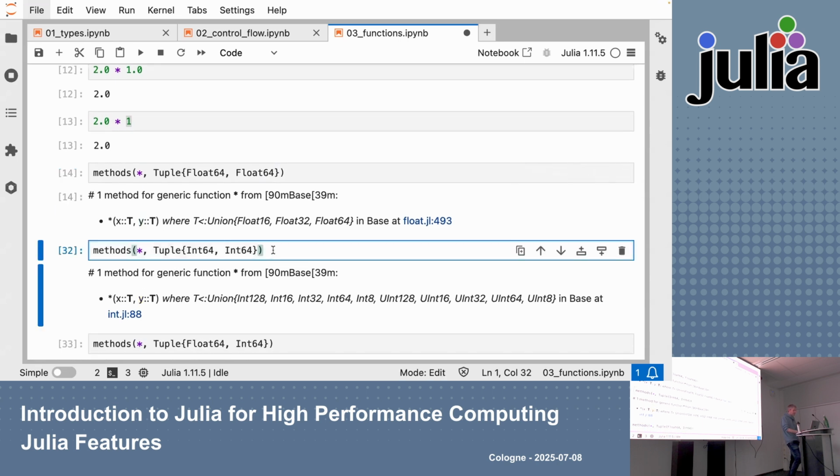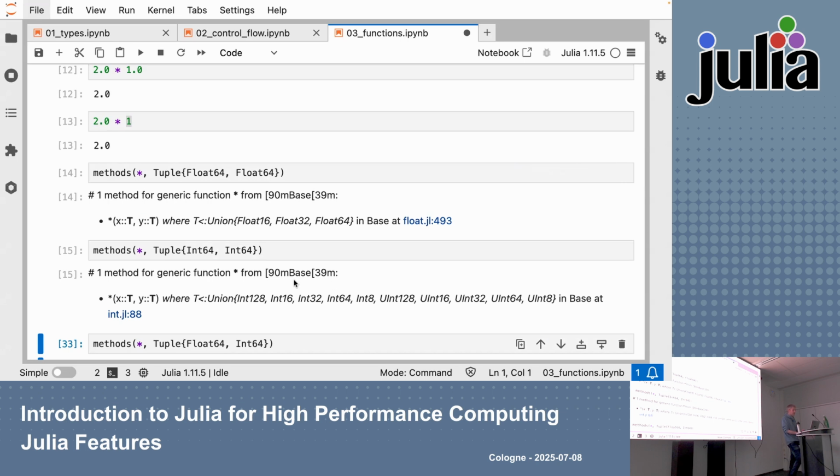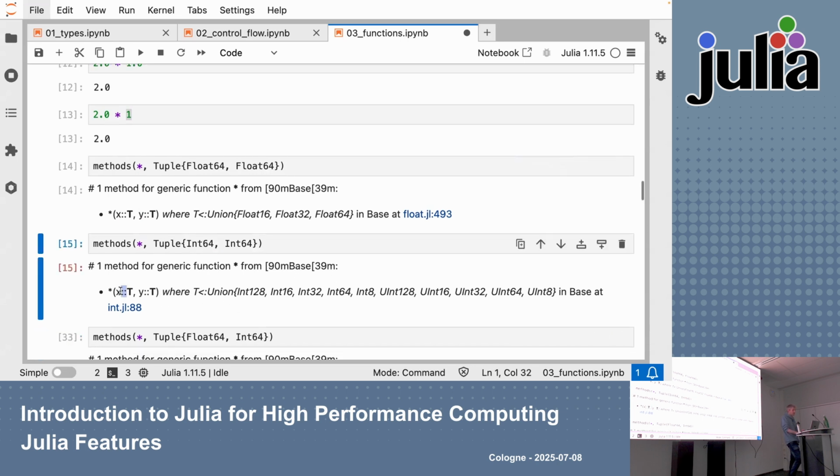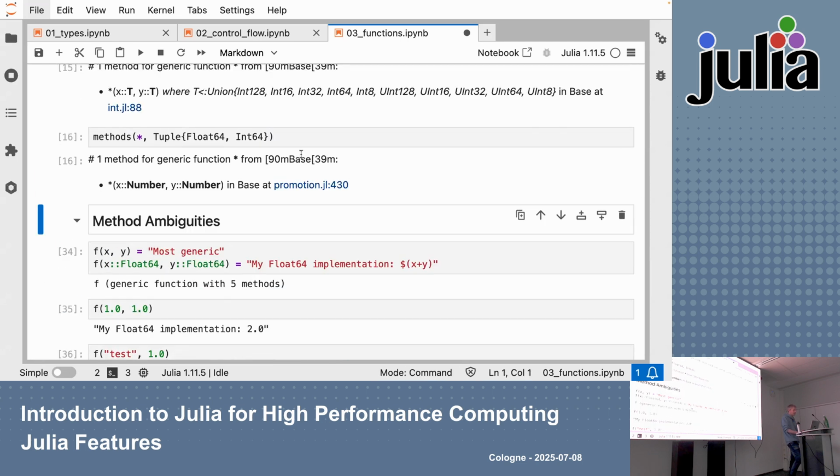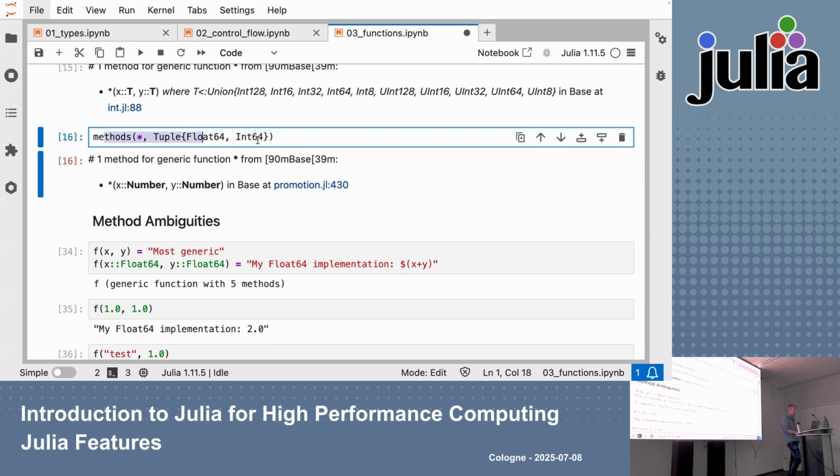And if we do it for integers, it's a different implementation where both parameters have one of these integer types. And now if we have a float and an integer, we see it actually